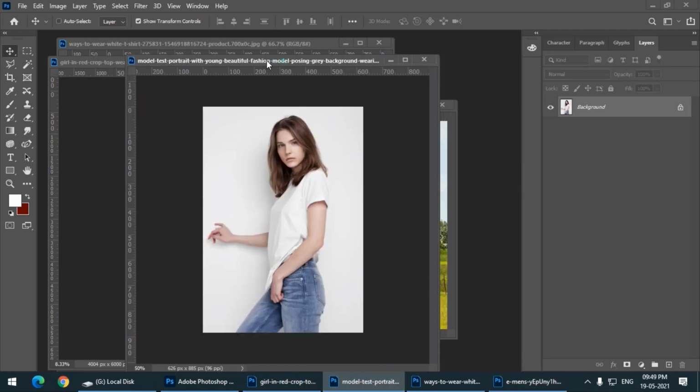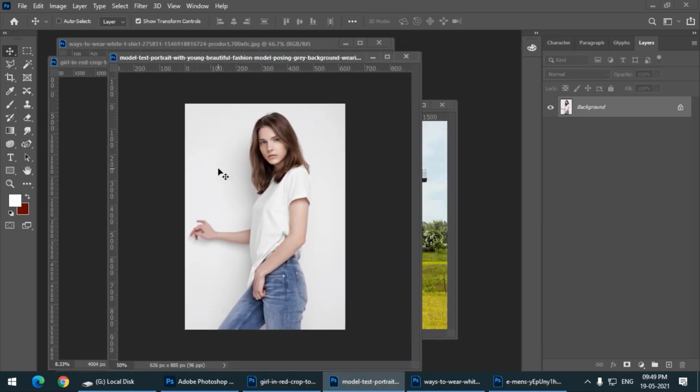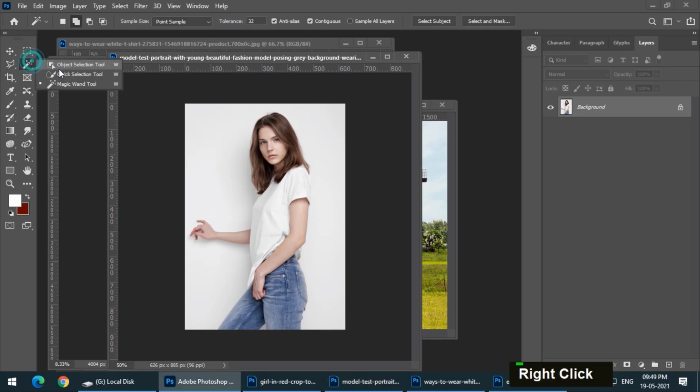For example, in this image the background is white and the t-shirt is also white. So let's see what happens when I use the magic wand tool. I will simply click it. As you can see, it has also selected the t-shirt along with the background. So we don't want that. We want only the background to be selected so that we can inverse it and use the object